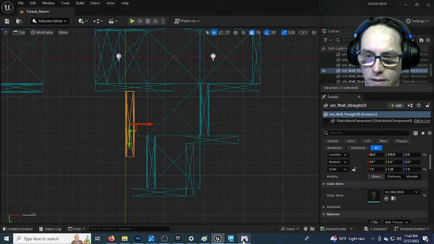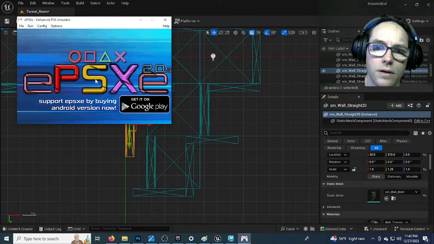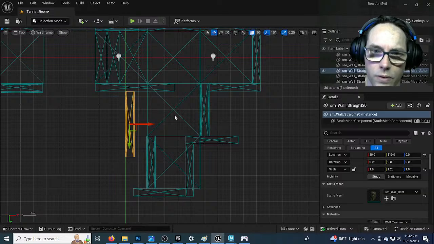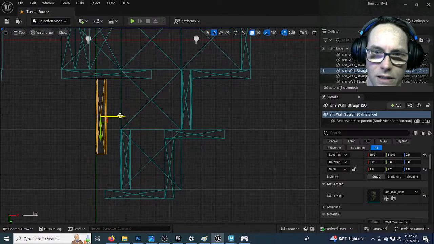How does that look? The hallway. I think there's like actually a hallway, and then we get into a slightly elongated room. So